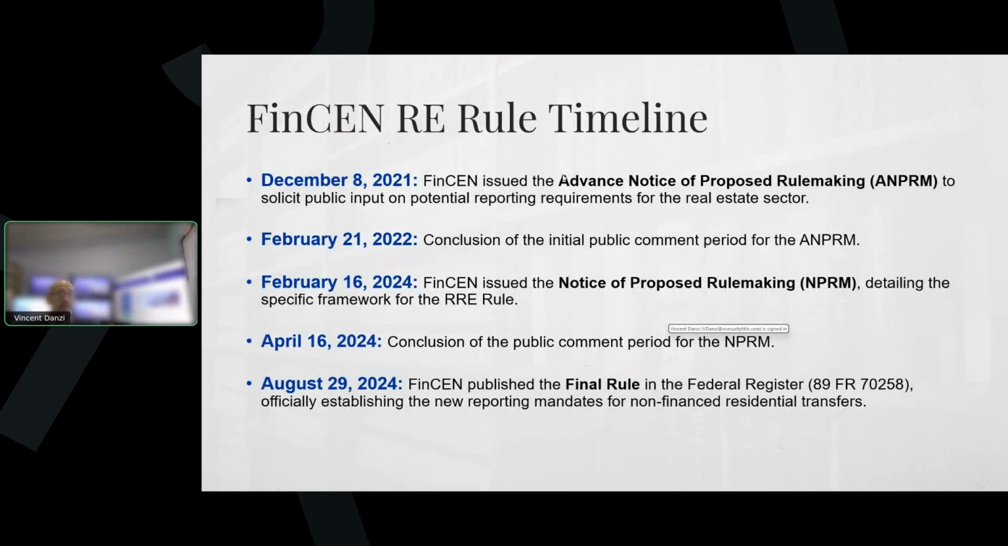Now, this FinCEN real estate rule, it didn't just pop into existence out of nowhere. It was the subject of a prolonged promulgation process. In December of 2021, FinCEN first issued an advance notice of proposed rulemaking, seeking public input on this rule. That was concluded in February, and then in February of 2024, FinCEN issued an actual notice of proposed rulemaking